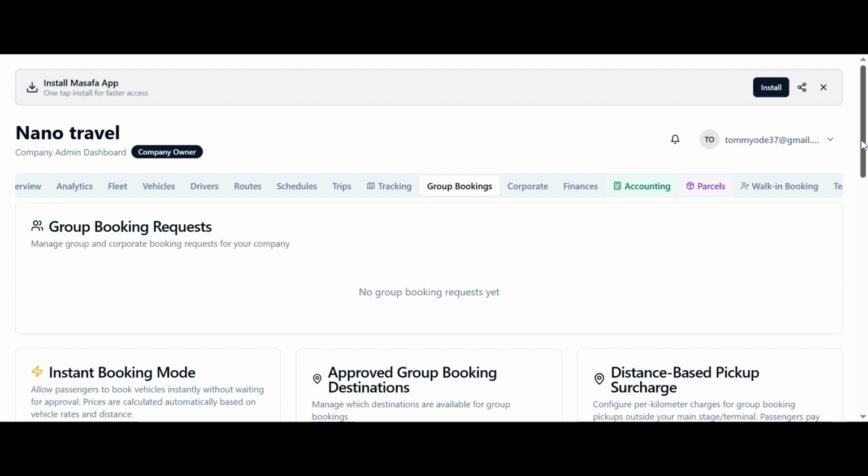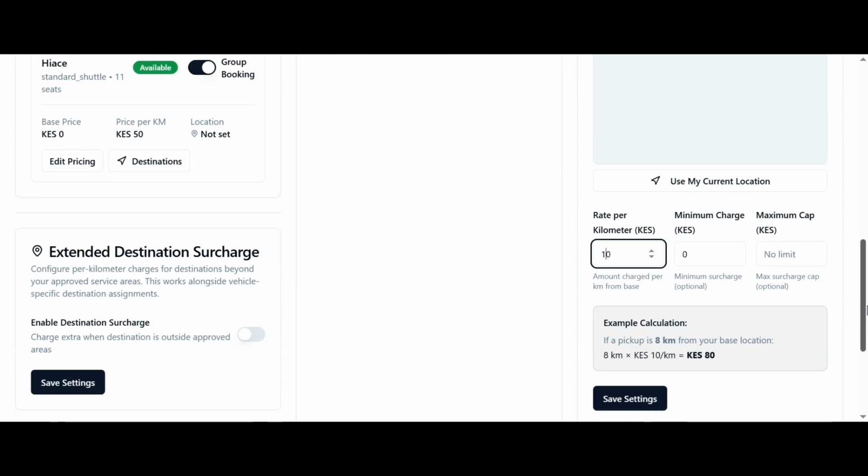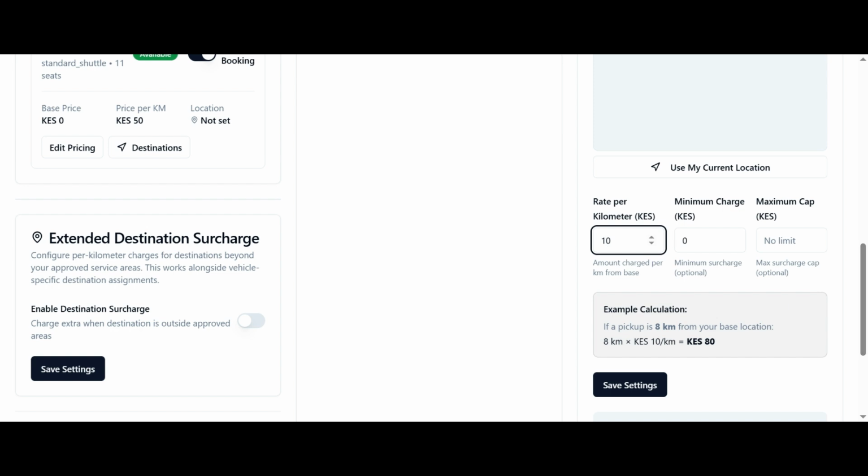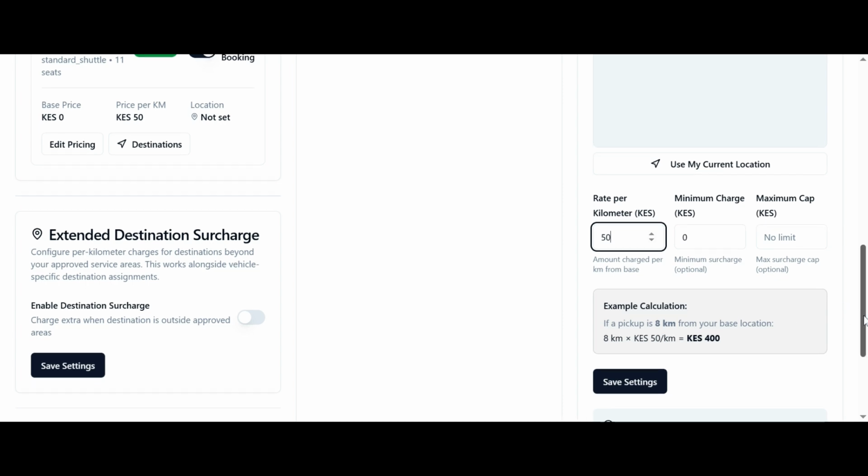So the base rate from Nairobi to Kisii is 1600. But since they're being picked from Kawangware, which is 8 kilometers from the CBD, and I'm charging 500 shillings per kilometer, above the 1600 times 7, they'll have to pay plus 400 shillings for picking them up from home in